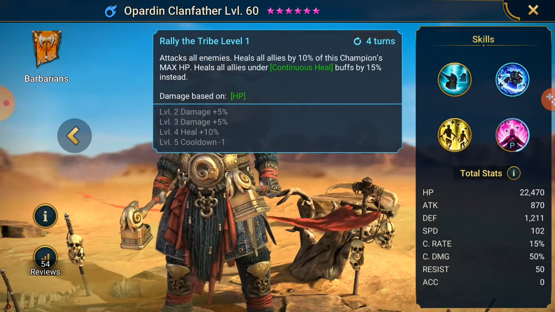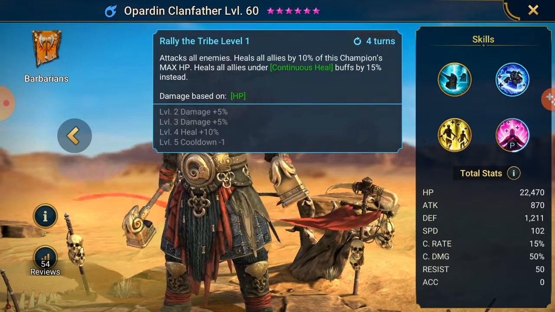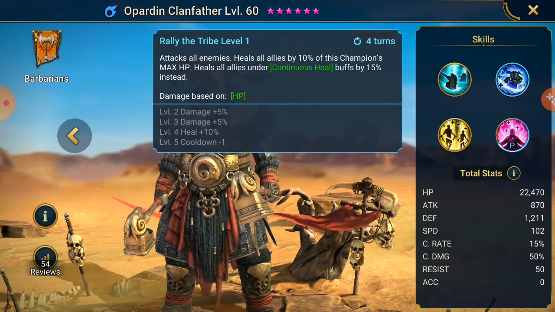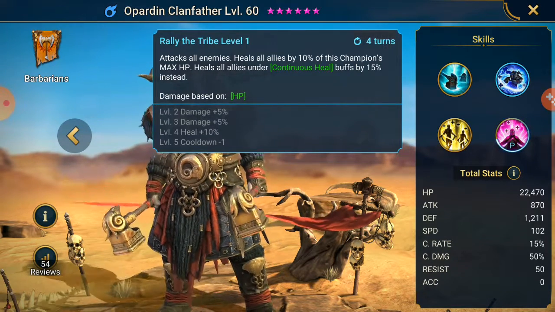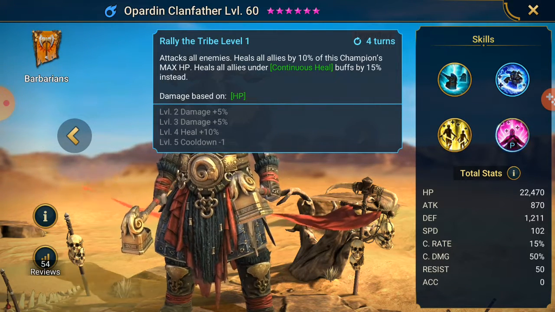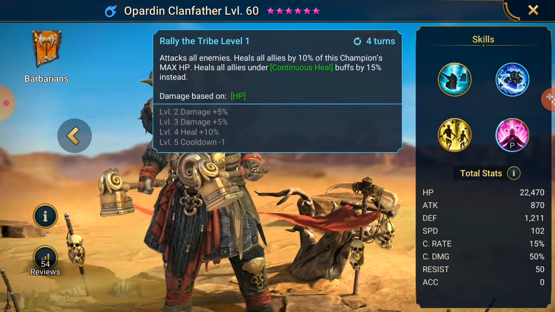Rally of the Tribe, AoE, heals all allies by 10% of this champion's max HP. Heals all allies under continuous heal buffs by 15%. So 10% of this champion's HP. The reason I said if you add on 79k to this HP, this base HP for this champion, is